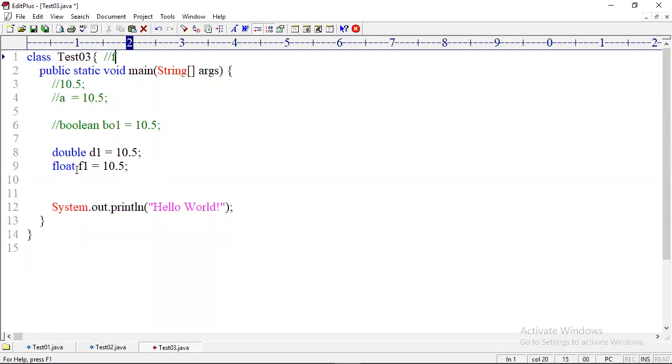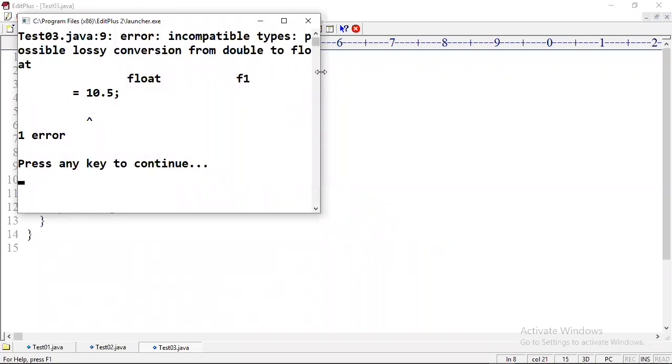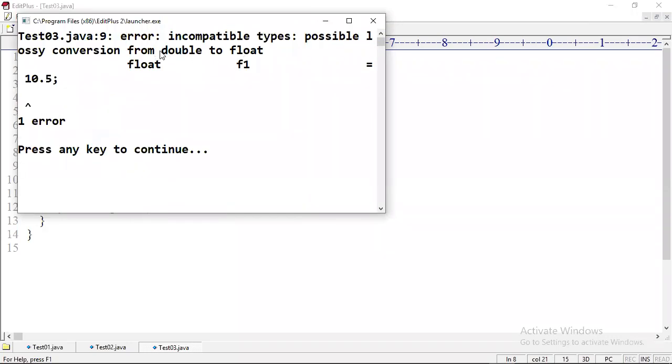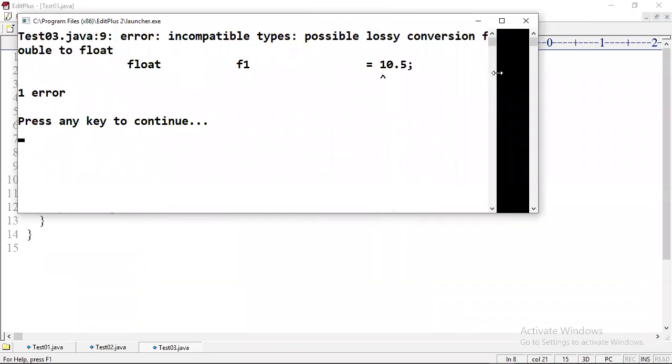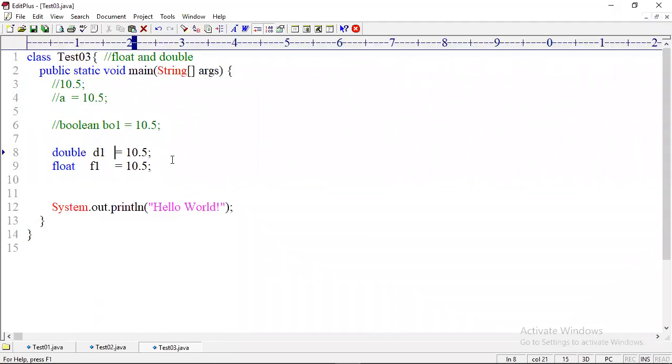Why? Observe now, very important point. The compiler will throw an error here. 10.5 is a double. Possible lossy conversion from double to float. 10.5 is considered a double and cannot be assigned. Floating point number representation in the JVM is different.